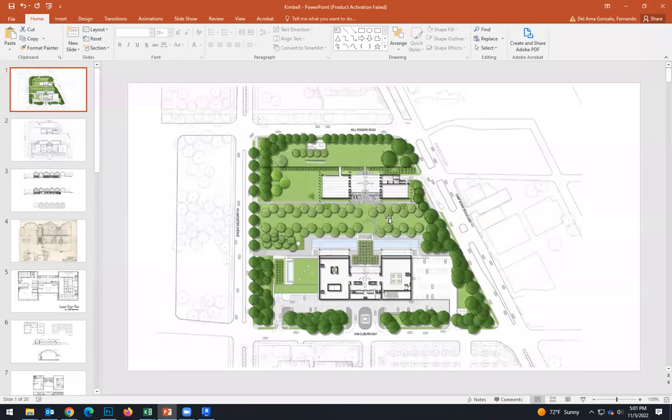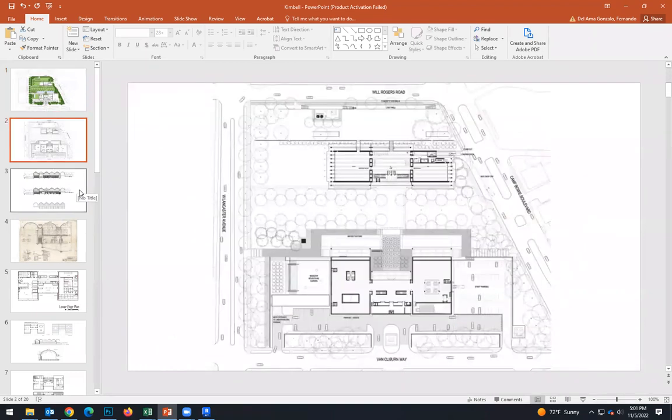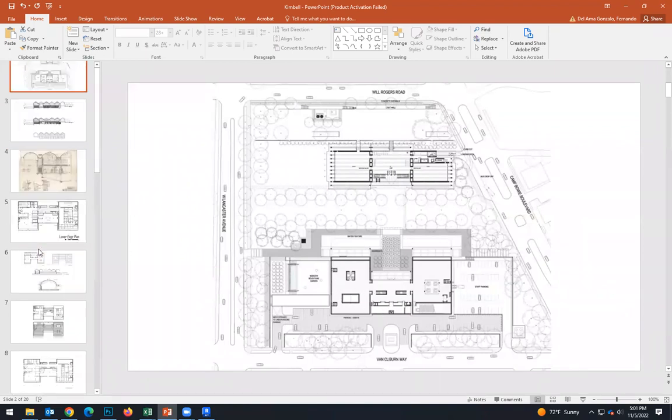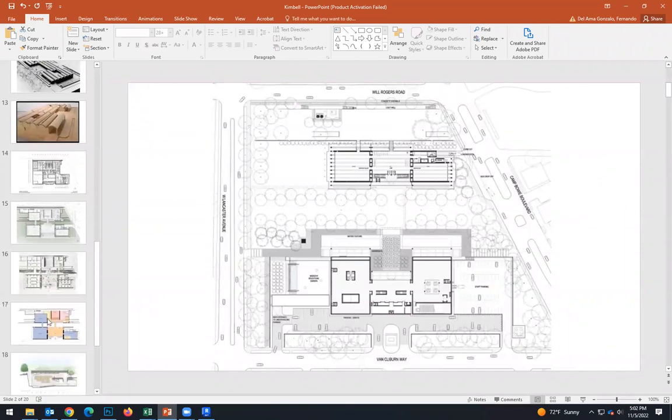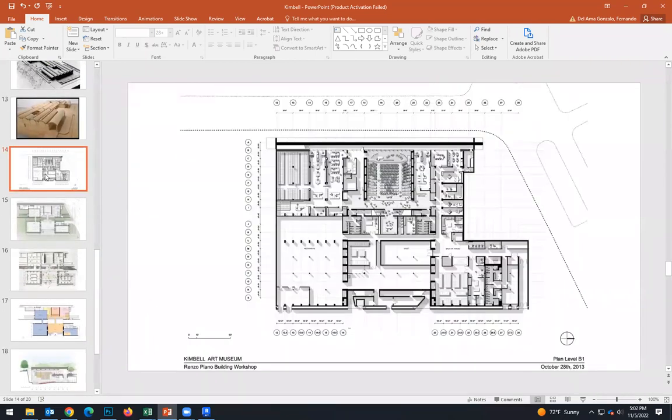So in this case, it's not just the Farnsworth house. Here we are going to model a bigger building, and we are interested in the context as well, the streets and these green areas we have here. So here you have different examples of the building by Louis Kahn and the building by Renzo Piano. I have found a lot of information about Renzo Piano's building, and the goal is to create beautiful floor plans like this,